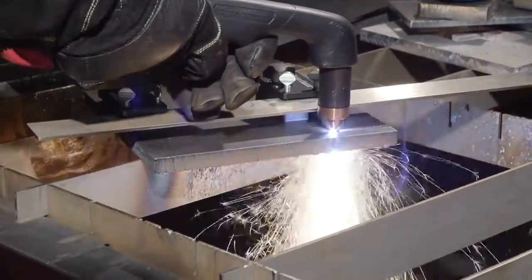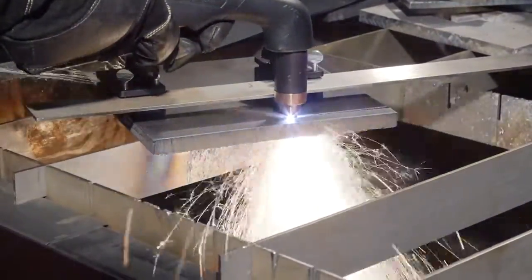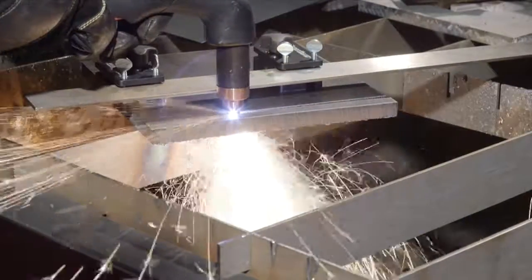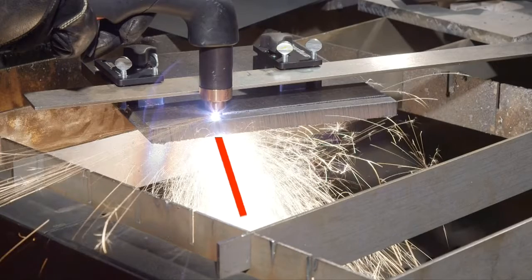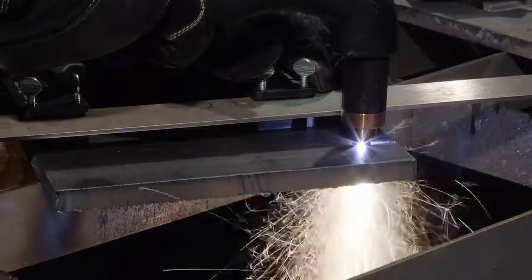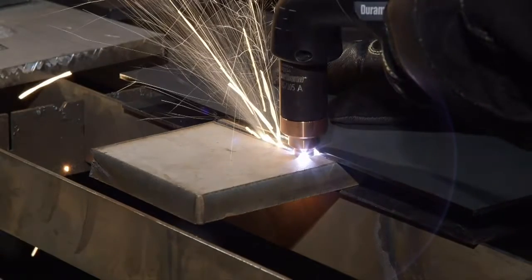Holding the torch tip perpendicular to the workpiece, as well as maintaining proper travel speed, is key to successful cutting. Watch the arc beneath the plate, as sparks should exit the workpiece at between a 15 to 30 degree angle. If the sparks are perpendicular to the workpiece, then the speed is too slow. If the sparks are spraying up from the workpiece, then the speed is too fast, or the system does not